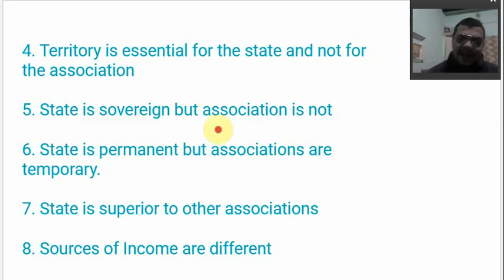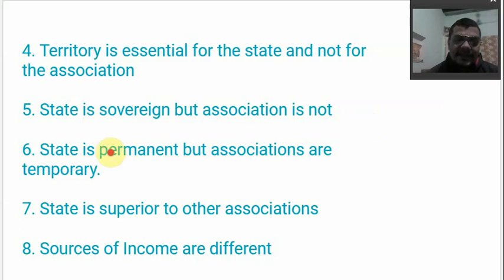And when the state decided that these associations are not good, they're not legal, these associations were classified as illegal associations and they were declared terrorist groups. So that proves that the power of the state is sovereign and the association has to work in accordance with the state's rules. And if it breaks any of the rules, the state has the power to declare it illegal and wage war against it.